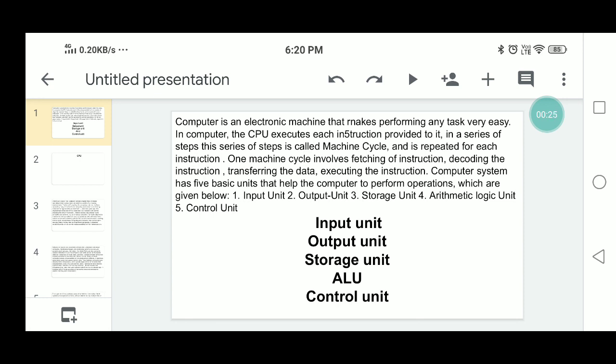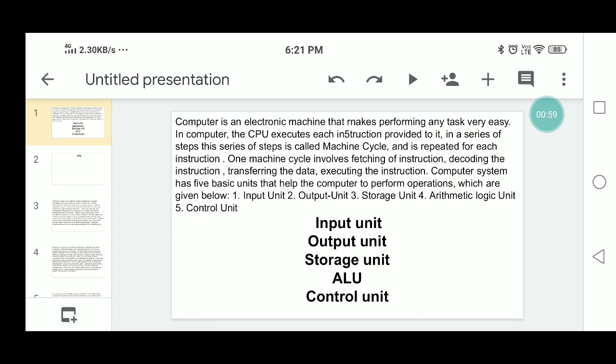The word computer comes from the word compute, which means calculation. A computer is an electronic device or machine which can perform arithmetic operations, like addition, subtraction, multiplication, division, etc., and also logical operations like comparisons, with very high speed. These are the calculations.